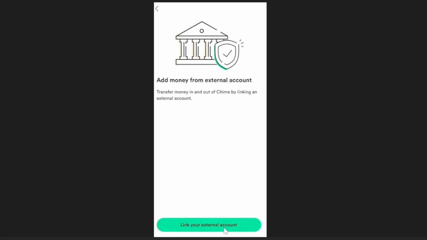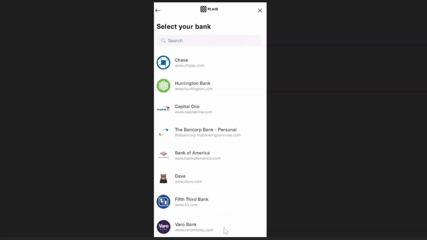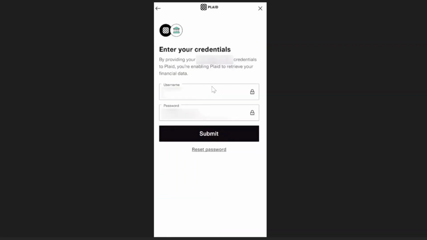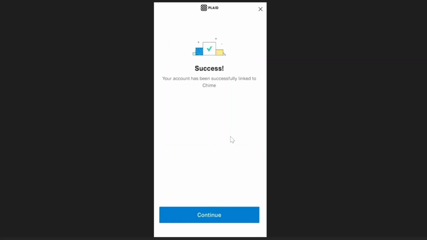Now Chime will ask for permission to use Plaid, a secure service for connecting bank accounts, and then you have to agree and continue. Now you will see a list of banks that are compatible with Plaid. Now select the bank you want to link. Let's say I want to link Huntington Bank, and now all I have to do is just enter the username and password. Now then click submit,